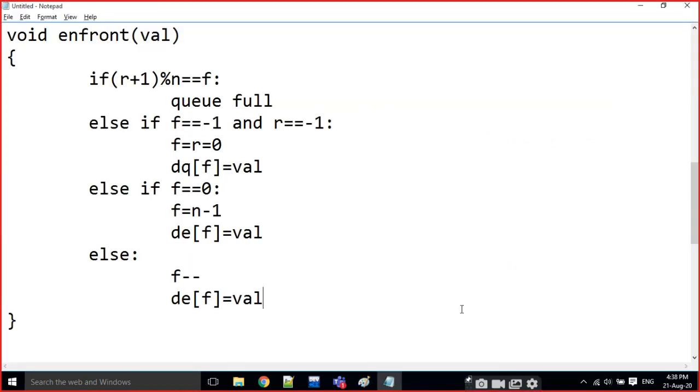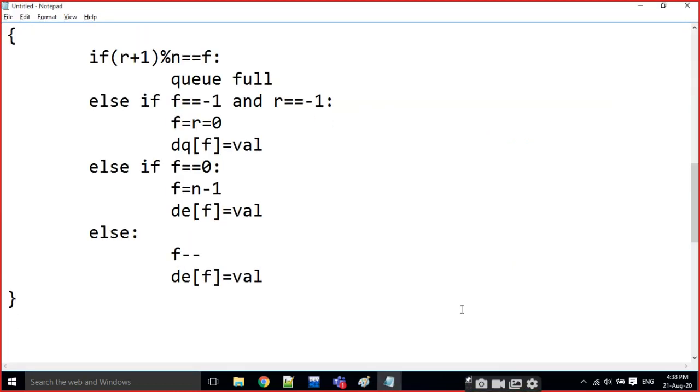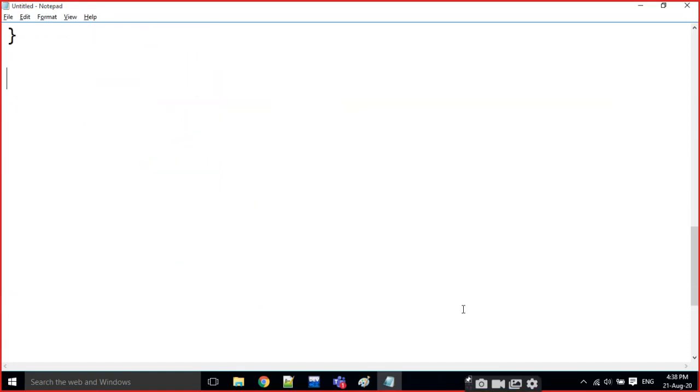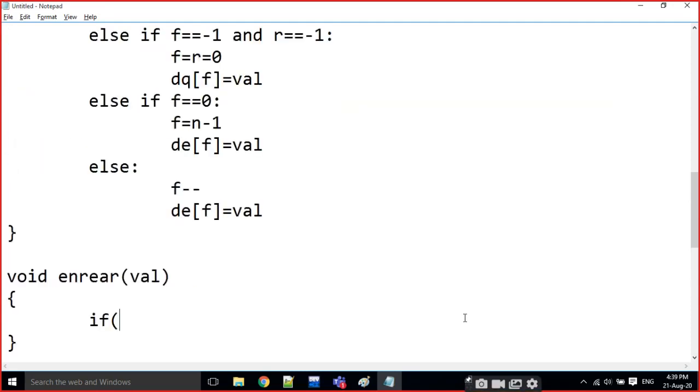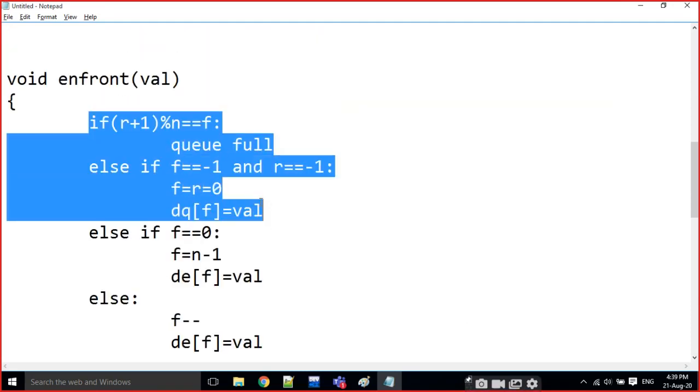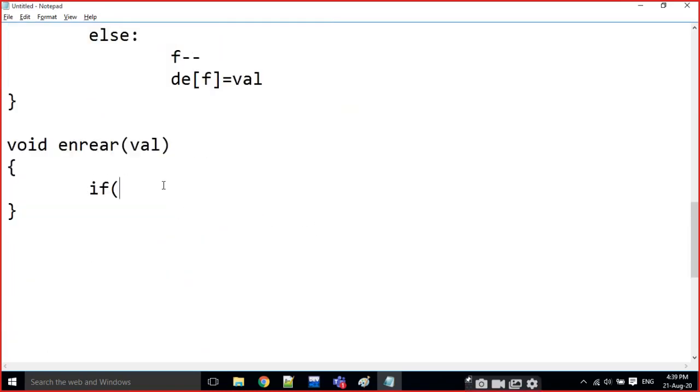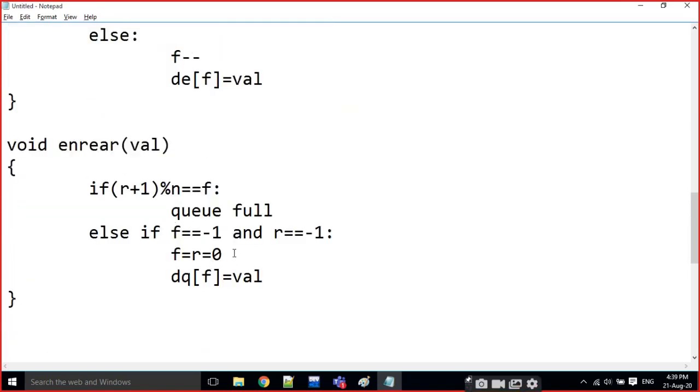This is the NQ at front. And the next one is NQ at rear, of value. Here also I am checking that these two conditions are the same, but instead of F I am going to write R. That's it.